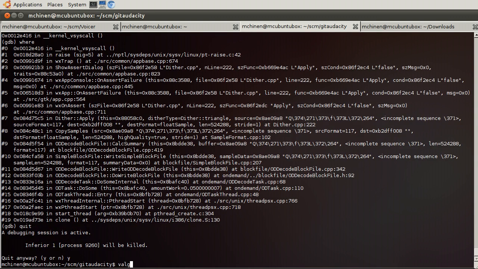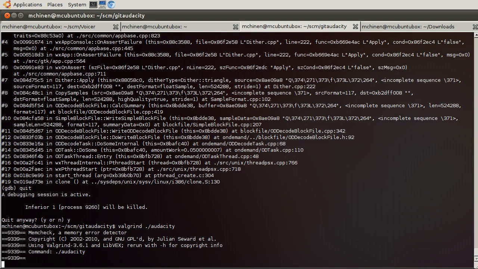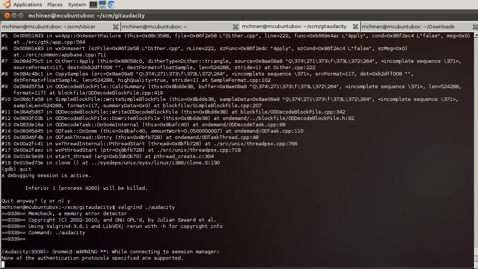I want to just run with Valgrind again. I just want to see if we're getting some new errors. Before we were mallocing size 0, which is never good.